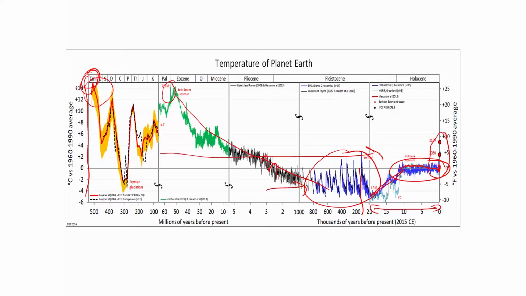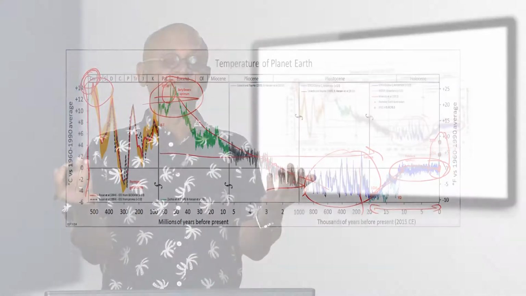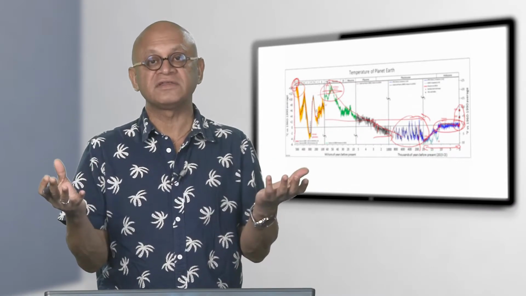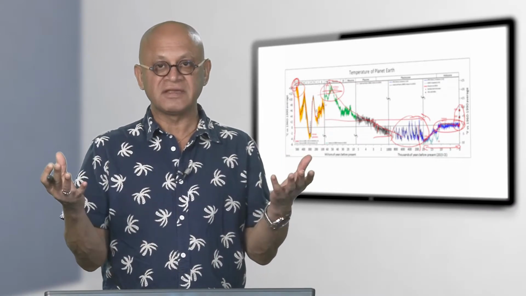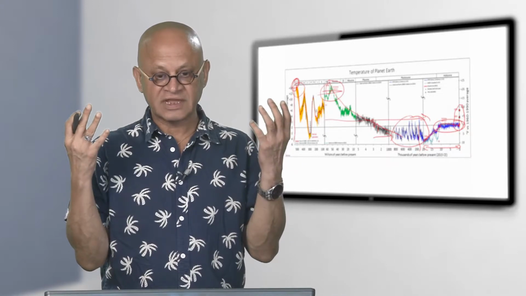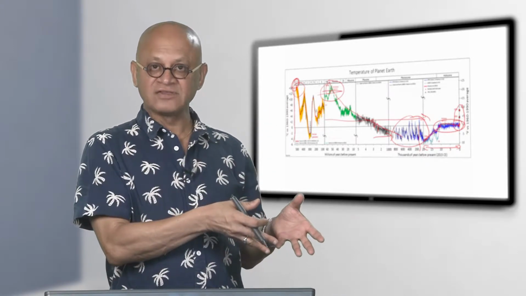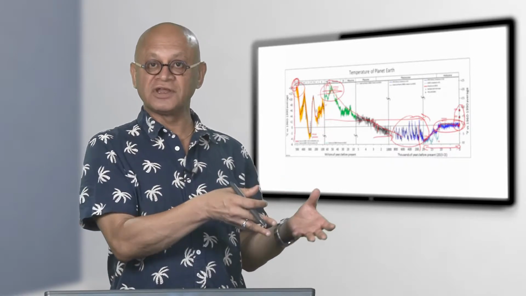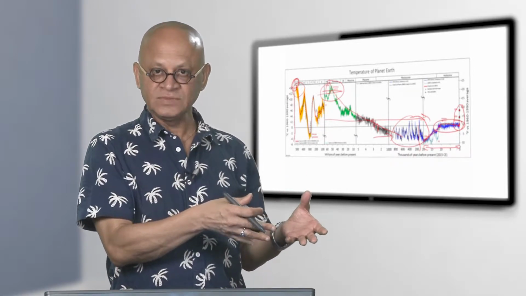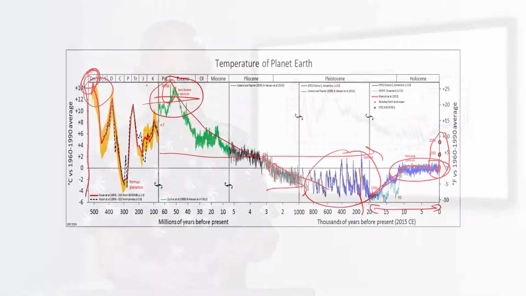When the dinosaurs were around here, the Arctic had no ice, Antarctic had no ice, there were lush forests in Siberia, mammoths and dinosaurs were wandering around in the Arctic Circle, and this is one of the reasons why many of the energy companies are interested in the Arctic ice melting, because a lot of photosynthesis that happened there during these times has buried a lot of oil and gas. So, oil companies will be happy to go there and dig for oil and gas, right. So, those are the kind of issues.